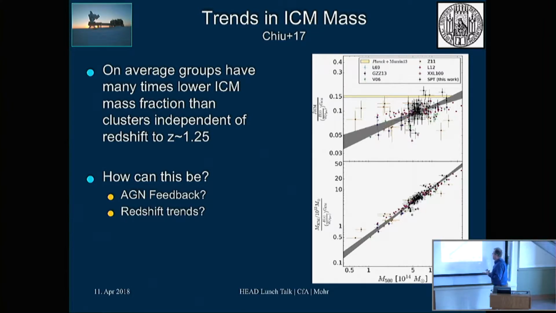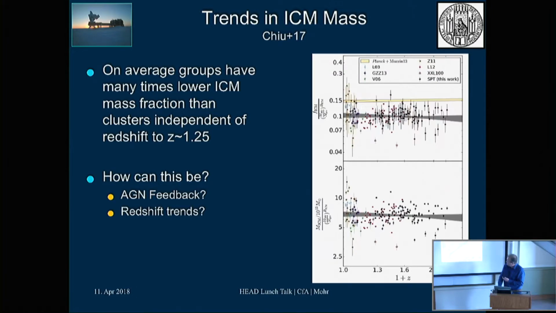Back 20 years ago when people were first discovering this and talking about it, people really felt that AGN feedback was a nice explanation for puffing up the gas in low mass halos. It would have a differential effect, where a certain amount of feedback would have a greater impact on groups than on massive clusters, and therefore you'd introduce this trend. That is certainly one possible explanation.